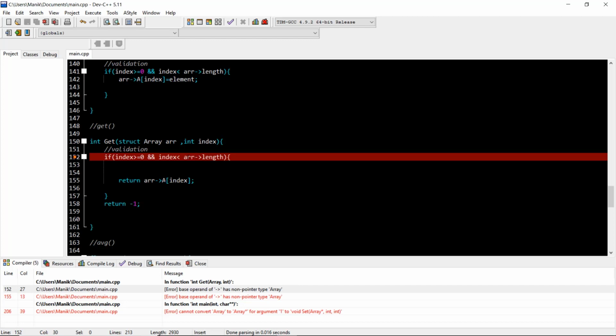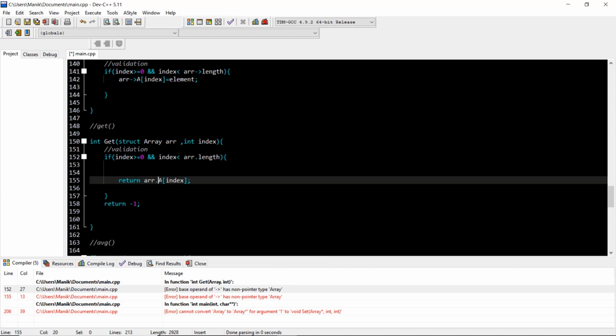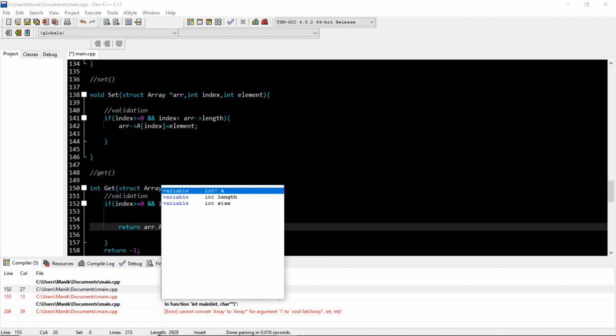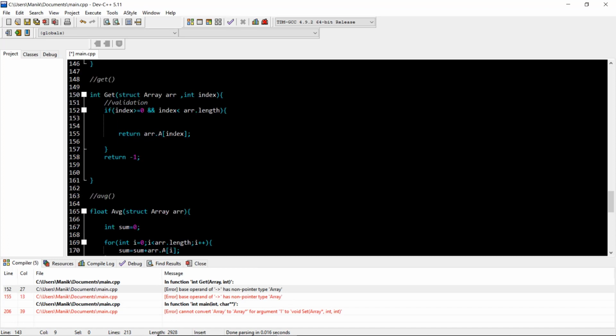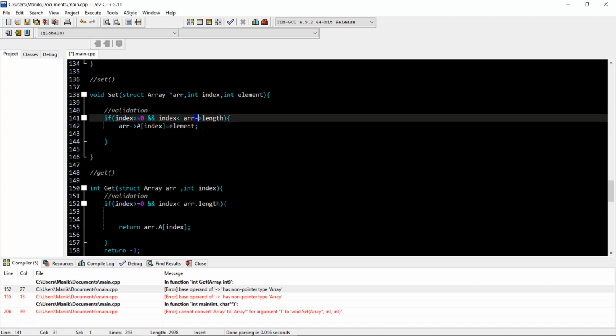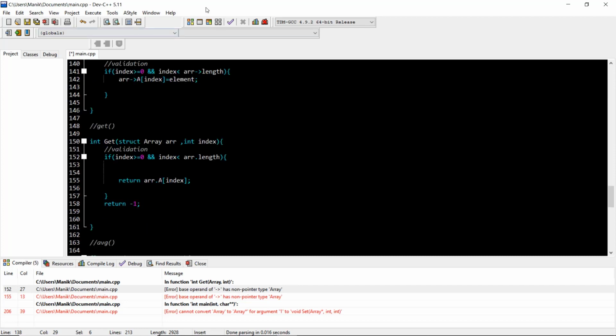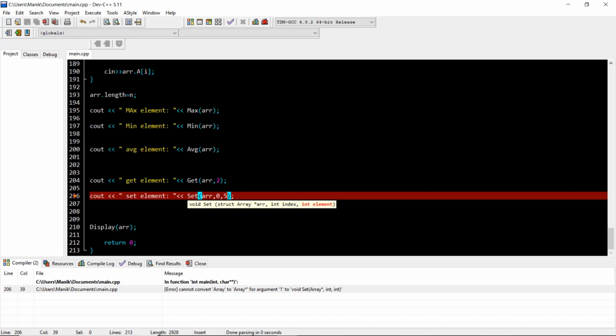And in this, arr dot length, not a pointer. Okay. So in this we need to define this pointer because it's not a reference. Okay, I just copy pasted this set method, that is why it is showing. Okay, so remember, if you have watched my previous video, the consequence of defining this is only applicable if we are passing a reference. Okay, if we are not, then use a dot operator.